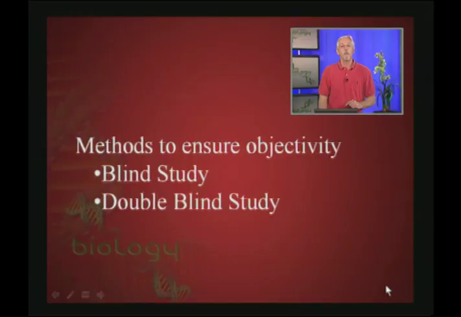Kind of related to this, I will be talking about in a supplement to this unit about anecdotes and testimonials, and I'll come back to that, and also placebo effects. So that's something I'll talk about in a supplement to this particular module. And as related to that then, what are called blind studies and double-blind studies, and the importance then in doing these kinds of studies to account for the placebo effect and ensure objectivity.